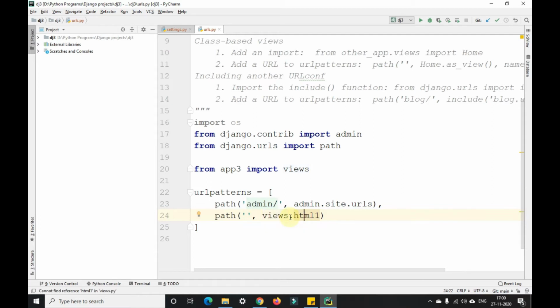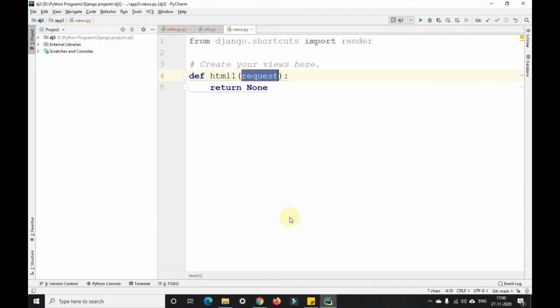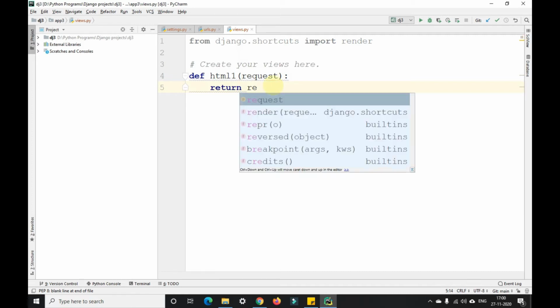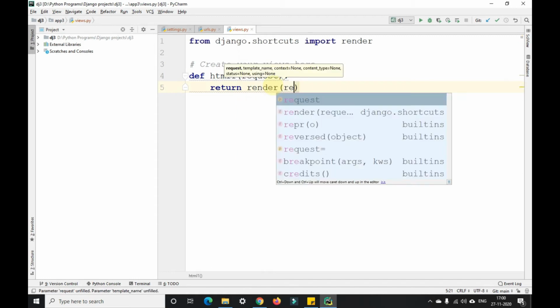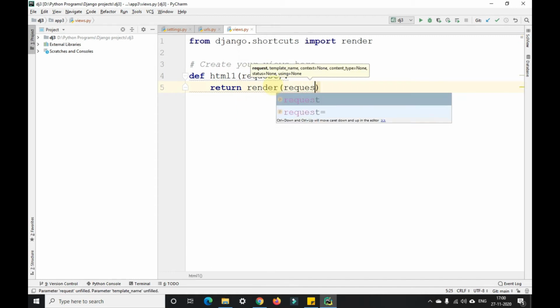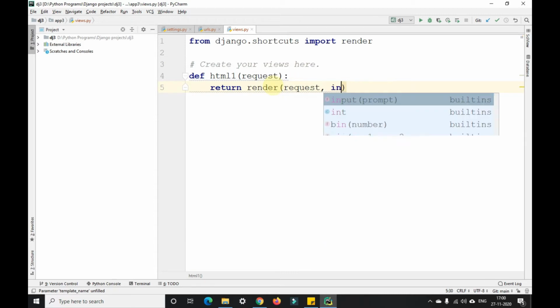Now similarly on HTML1, again Alt Enter, create function HTML1 in module views.py. Automatically it will create it. As you can see, it is automatically created there. I didn't do anything there. Now in the return function, I'll give render request comma index.